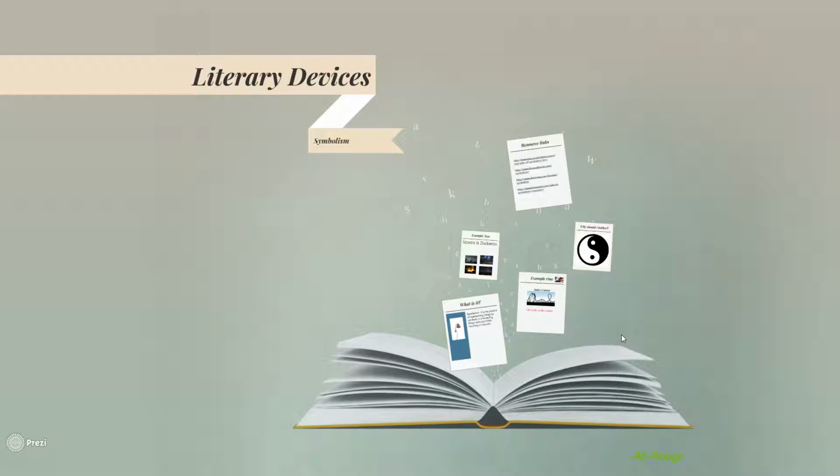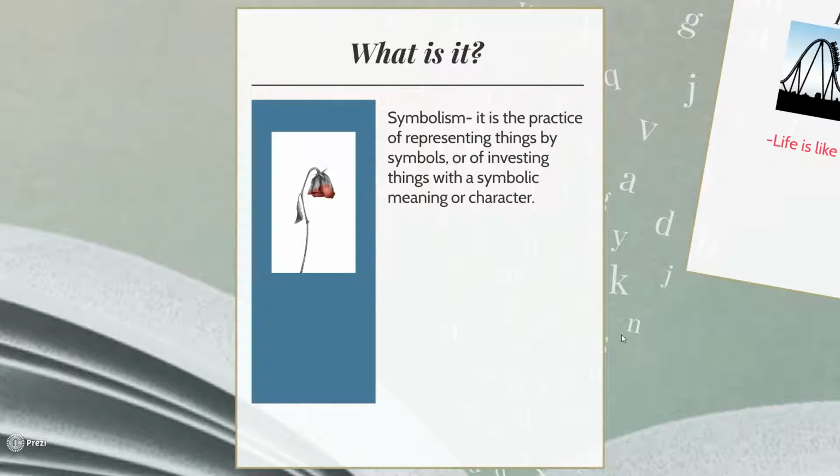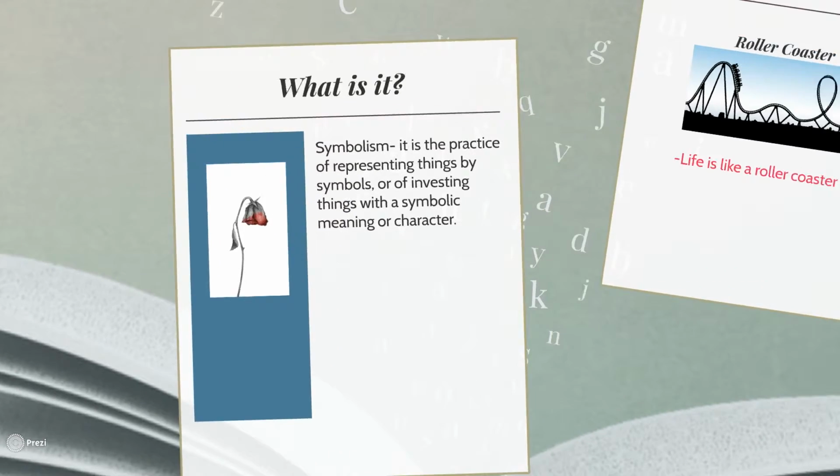So let's begin with the definition. What is symbolism? Symbolism is a way of using objects, things, or even weather to represent an idea. Many of the things we can think of do have symbolic meanings, and these symbolic things can be used by authors to give off a certain mood, emotion, or to link the reader with a certain theme. So let's begin with the examples to further understand what it means.